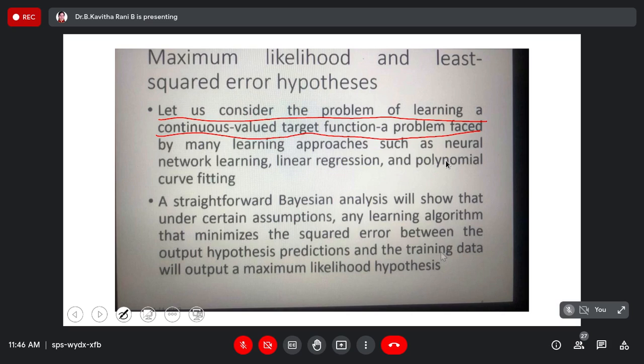In the categorical way, with yes, no, true or false, the model can predict easily. But when we take these types of problems, how is the learner predicting the maximum likelihood hypothesis? That is the problem here. In classification, when a good payer of a loan is classified as a bad payer of a loan,